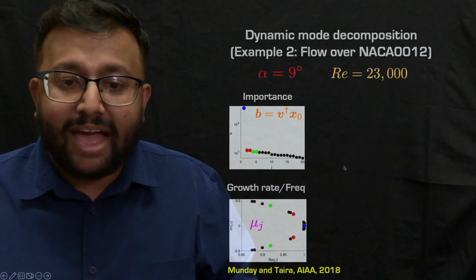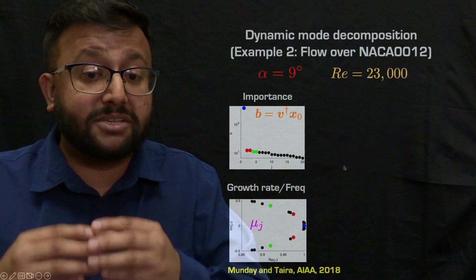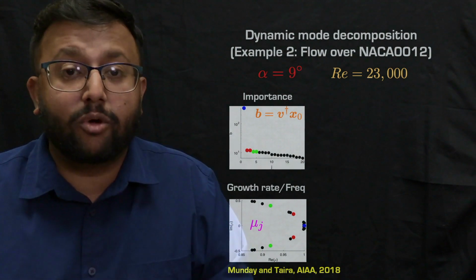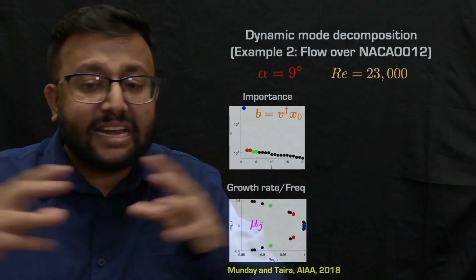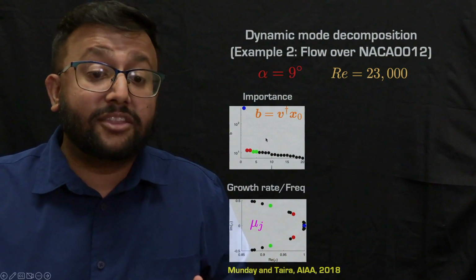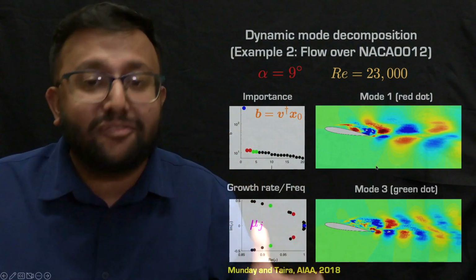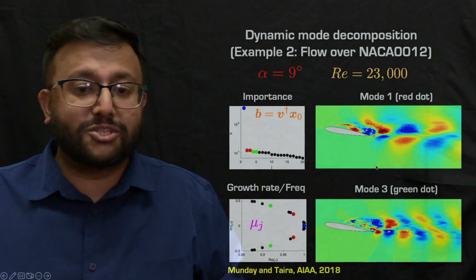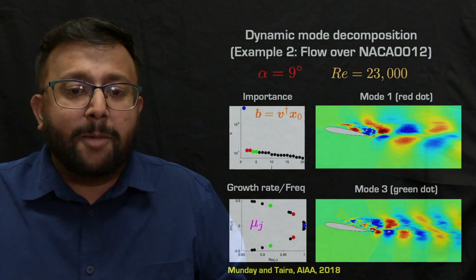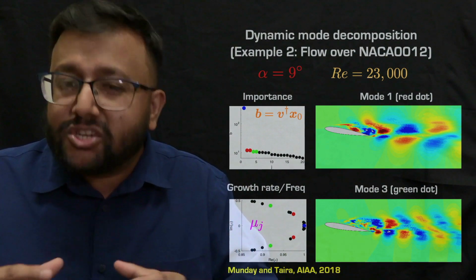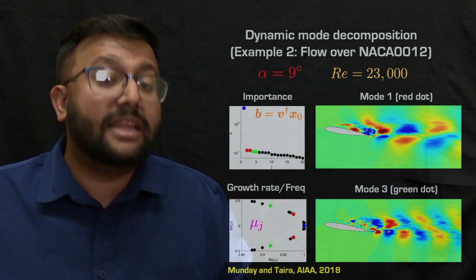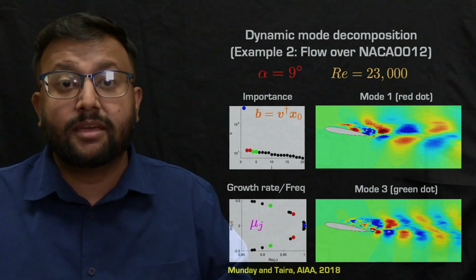Now, looking at the eigenvalues, though they all lie on a unit circle because this is nonlinear flow, we see that the eigenvalues are much closer to the mean flow and less distinctly spread out, as was the case with the lower Reynolds number flow. We also see that the mode shapes are completely different now than what we have seen before. We have seen these structures in POD as well, but for mode 1, I would say the structures are similar, but for mode 3, the structures are kind of completely different to what we observed in the POD